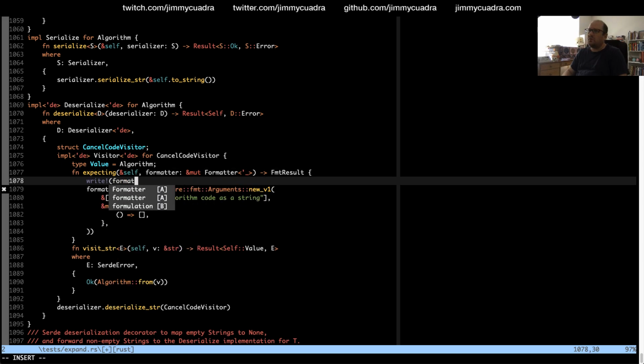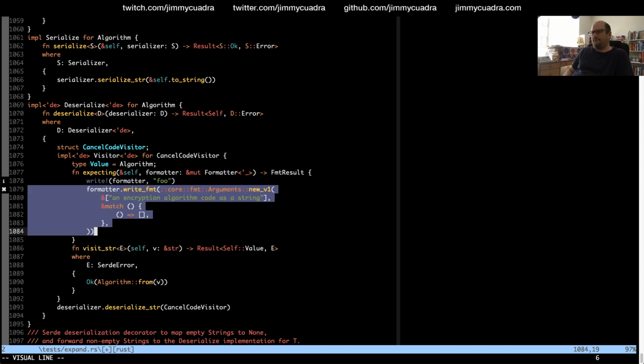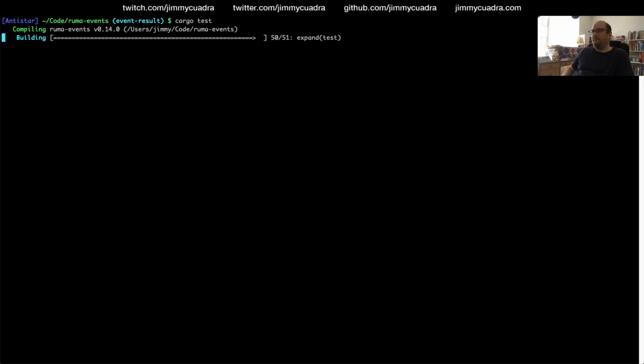Right. Formatter. Although, this is useful in showing just how painful it is to debug a procedural macro. Maybe there's a better way than this, but if there is, it's news to me. And this is really exposing a problem with Rust in that we want macros to be much easier to develop than this. Because you shouldn't have to say, well, I would like to use a procedural macro, but the development experience is so bad that I'm going to avoid it. The goal should be that if it's appropriate for what you're doing, you should want to use it.